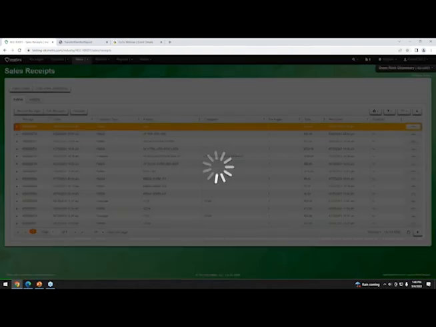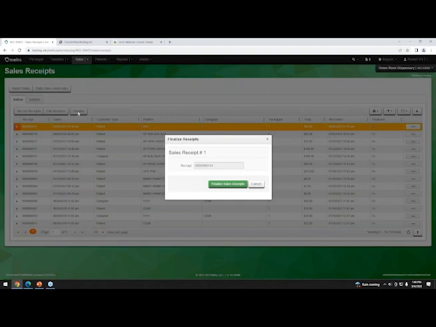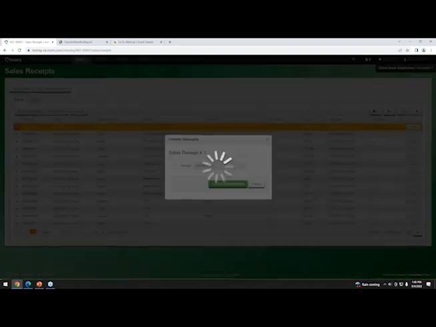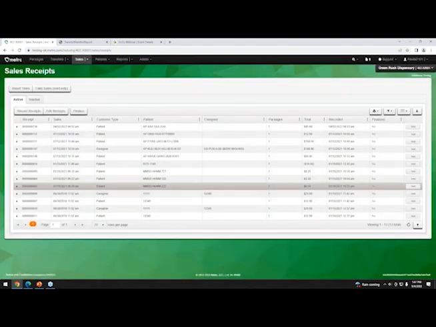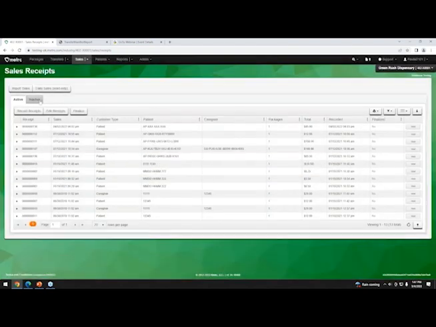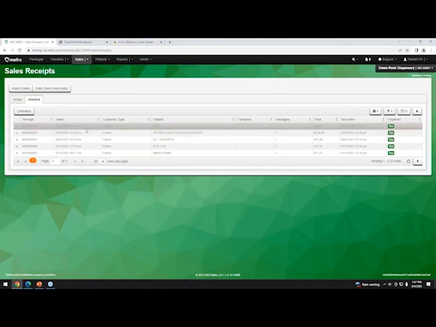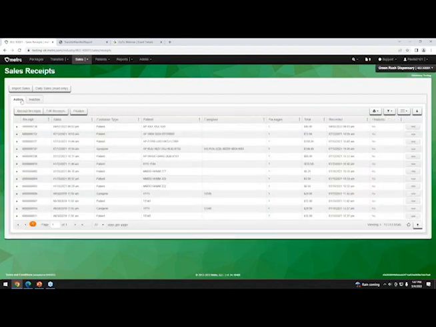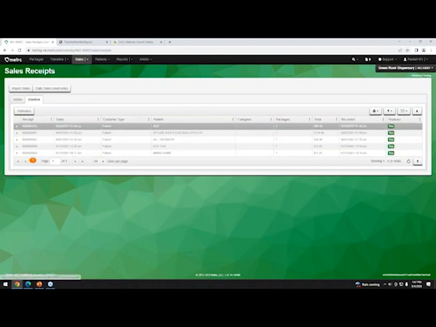The longer you're in business, if you're not finalizing those receipts, they will pile up. And once you hit a certain threshold, it's going to really slow down your performance. So I would encourage you to periodically go through and just finalize the ones that you feel comfortable doing so, to make sure that you're not running into that issue. And if you need to unfinalize, you can unfinalize them as well.